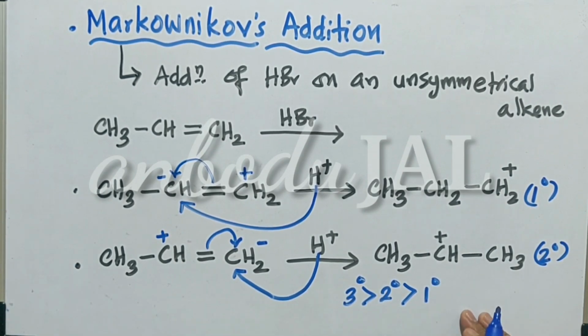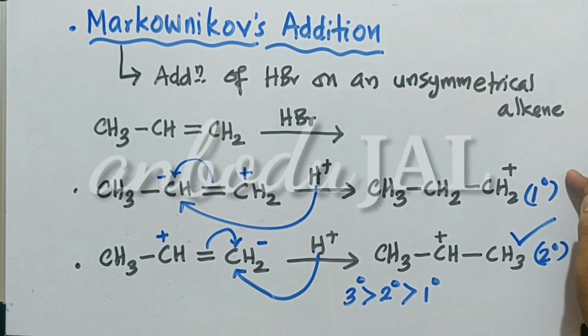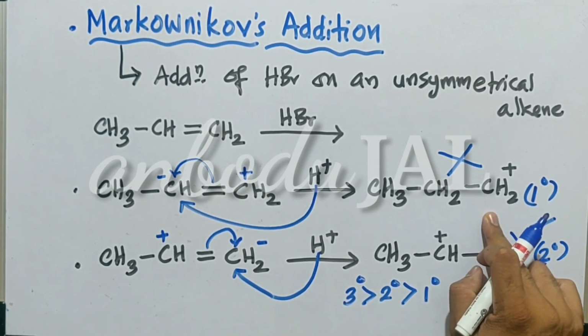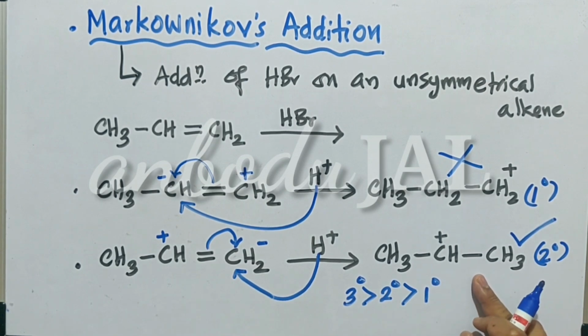We have discussed in detail the order of stabilities of different types of carbocations in my previous videos. Okay, you just go through the videos before coming to electrophilic addition reaction. So tertiary is more stable than secondary, which is more stable than primary. So secondary is more stable than primary. This carbocation is formed as a minor product and this carbocation is formed as the major intermediate.